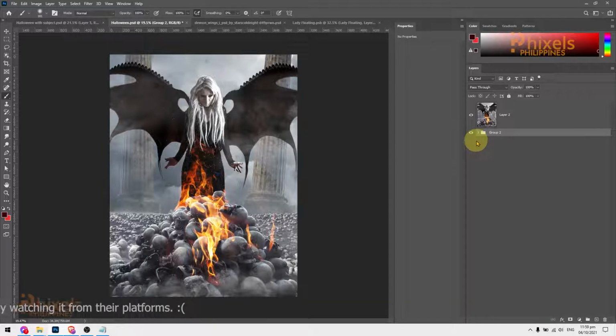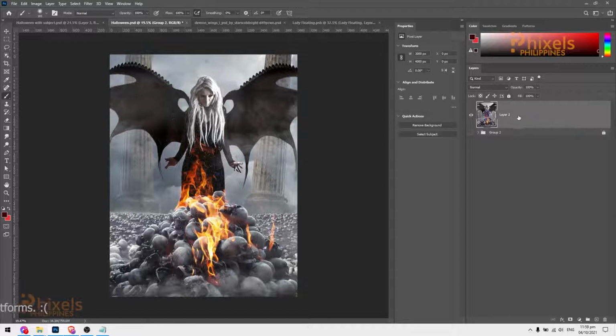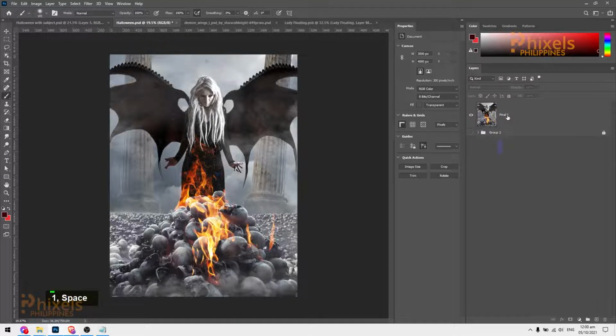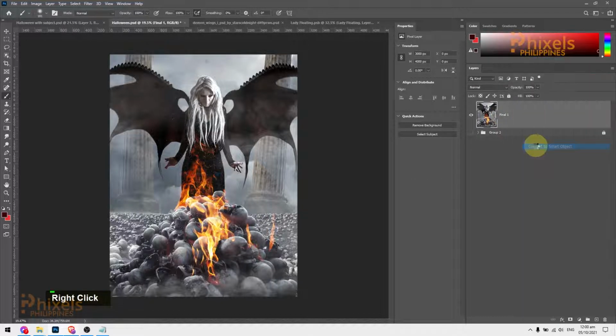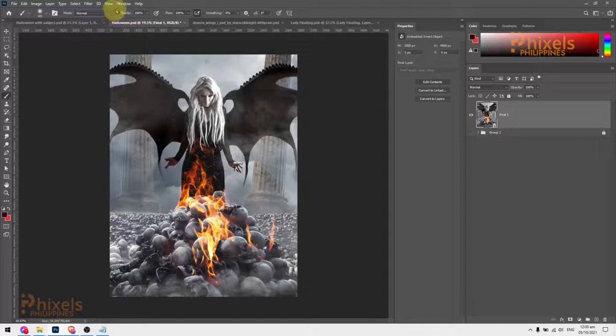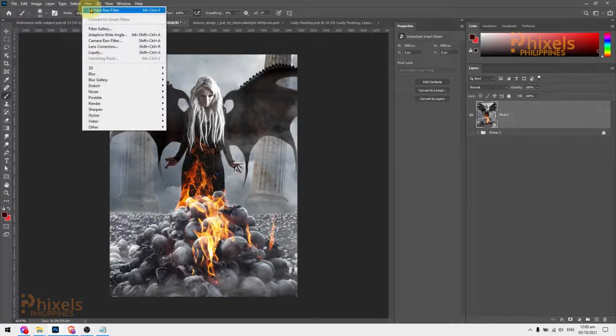Now the reason why we group them is, again, as I explained sa kahapon, or as I explained sa previous video, na it would be best talaga to make your own PSD file as editable as possible, just in case. So let's lock this, turn it off, and what we'll do is in this layer we are going to rename this as final 1. And then let's convert this into a smart object. Then we go to filter and then camera raw filter,